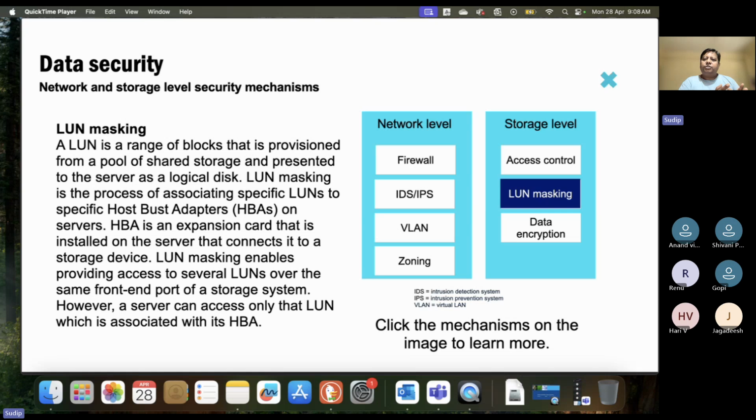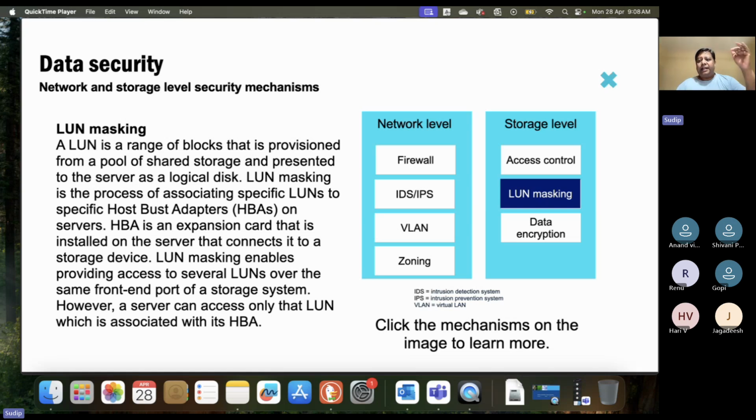Now, how do I make sure that server 2 doesn't mess with the data of server 1, server 3 doesn't mess with the data of server 5, so on and so forth? And that is where LUN masking comes into the picture, where even though the same storage system, the same hard disks are physically connected to all the servers in the network,